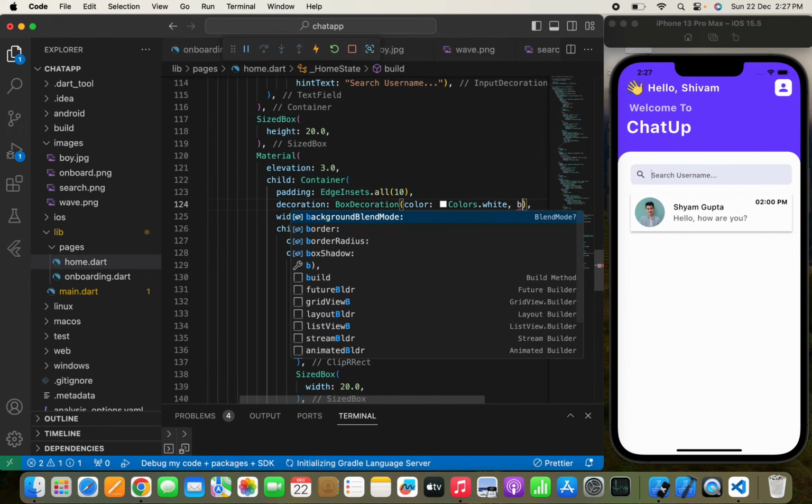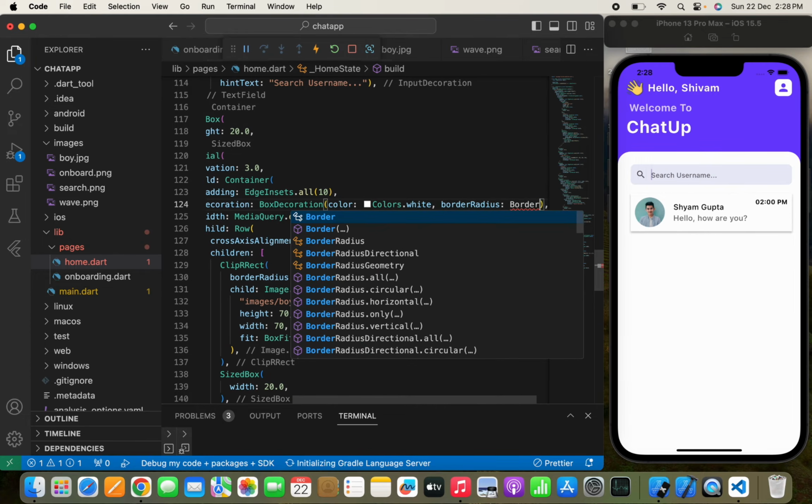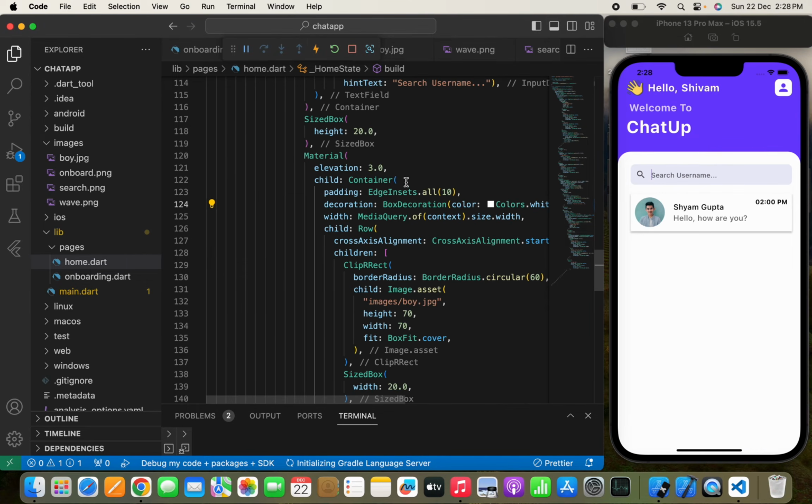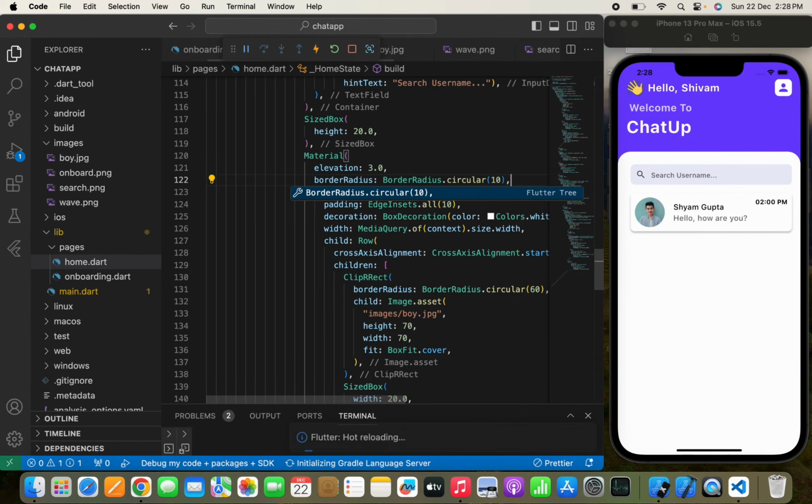So here I will pass a border radius dot circular, and will simply pass 10, and we'll copy this border radius here again, and we'll simply pass it over here. So here you can see the container, or you can see a first chat that we have simply shown in the UI. Now we can simply add some more text over here to show the UI, but rather than doing